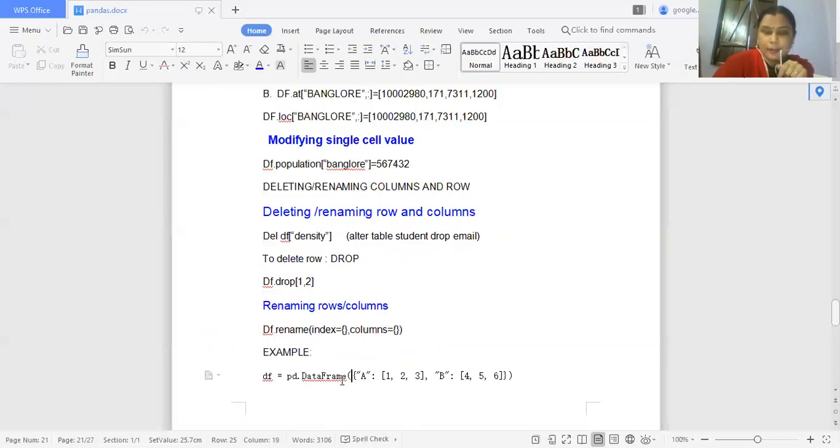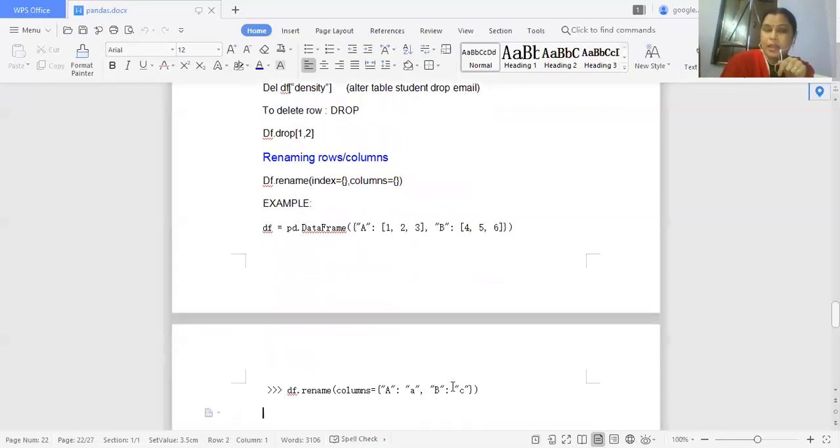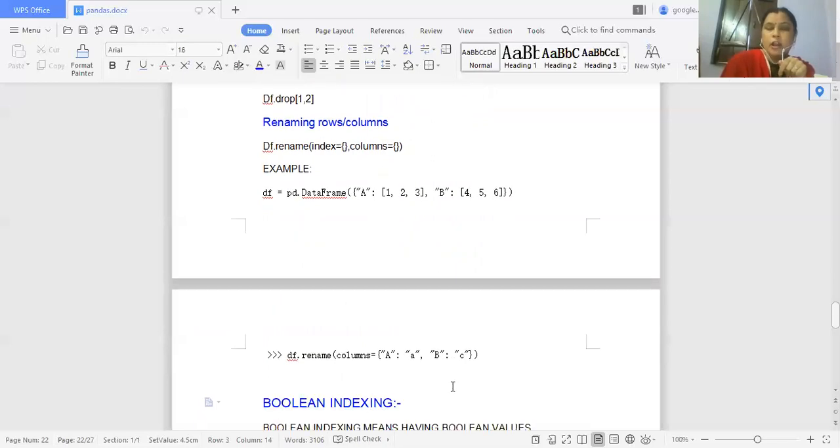Suppose the data frame name is df, and the column values are A and B, and the row values are 1, 2, 3 and 4, 5, 6. Now, if we want to replace this A and B with small a and small b, then we use df dot rename, and columns equals curly braces, the dictionary format, meaning this column will be modified with this column value, and that column with that column value.